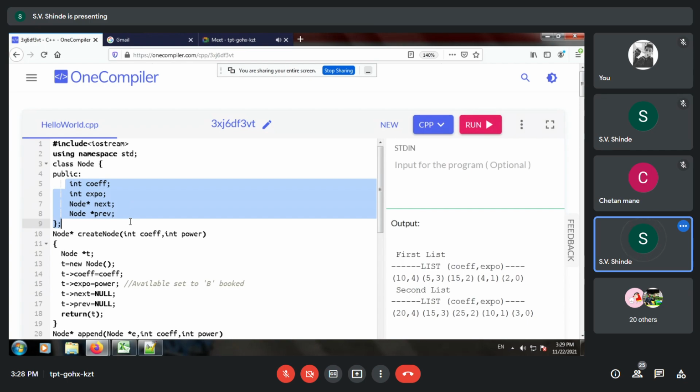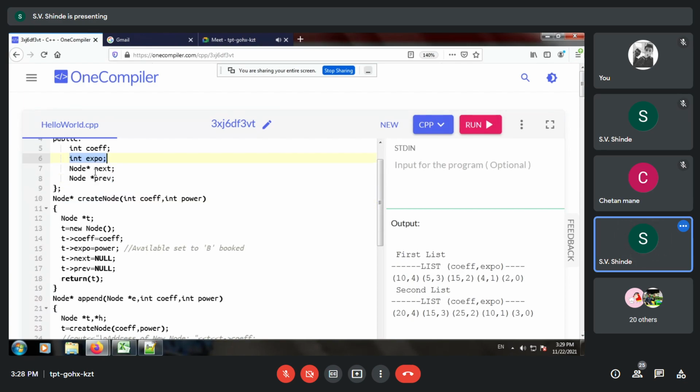Yes, everyone? Okay. So over here, instead of data, we have coefficient and exponent. Now we have the structure with the next node and the previous pointers. So we have two pointers, next pointer and the previous pointer.